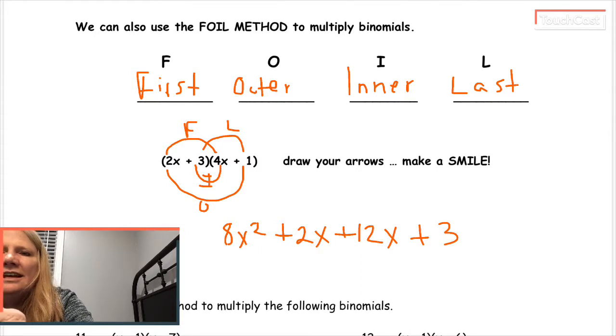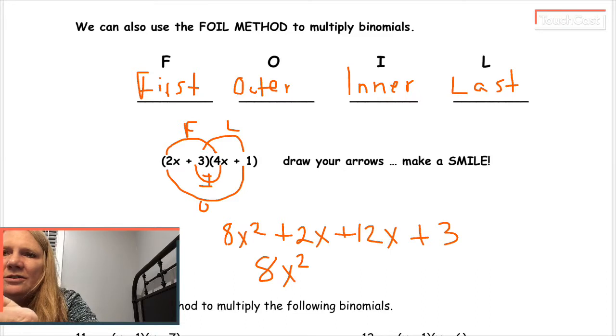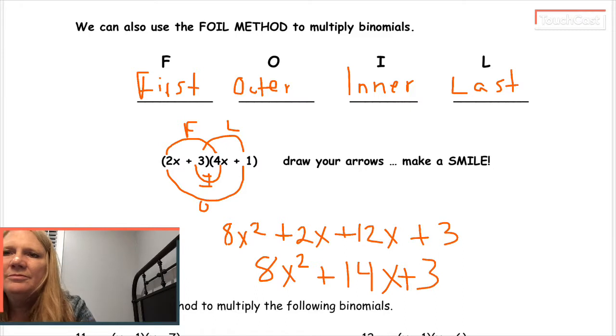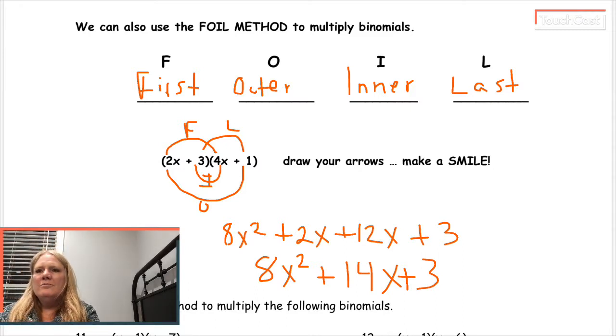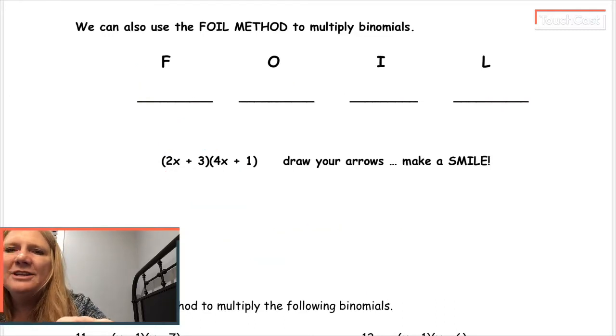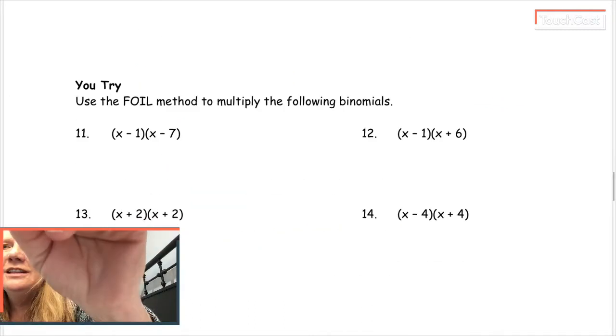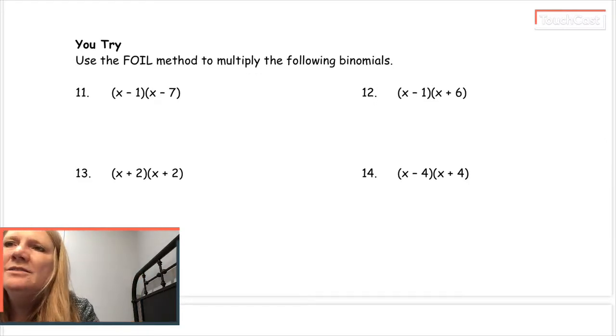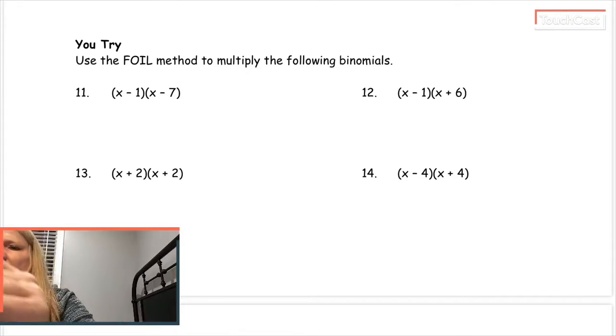And then we combine the like terms, the 2x and the 12x, and your final answer is 8x squared plus 14x plus 3. Okay? I think I have time for one more. If the video cuts off, I only have 15 minutes, and we're getting close. So let's see if we can do one more of these together, and then hopefully you can practice the other ones yourself. So we'll do the FOIL method, and so it will be x times x